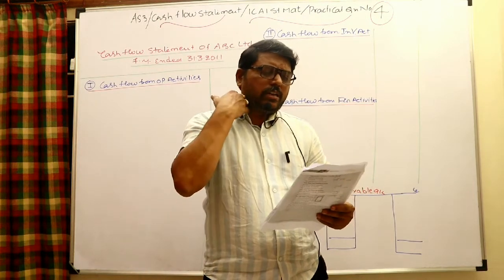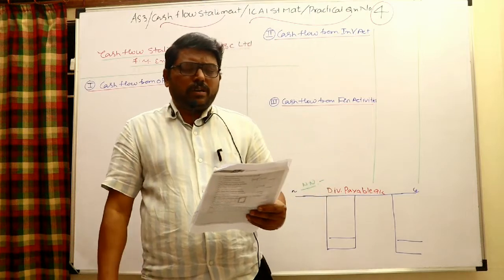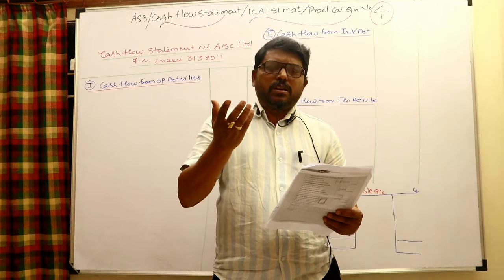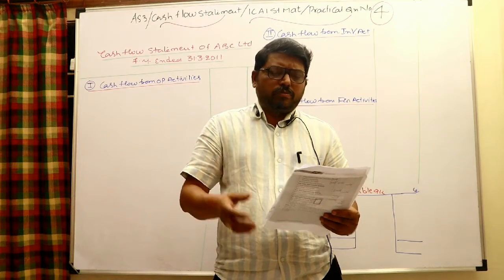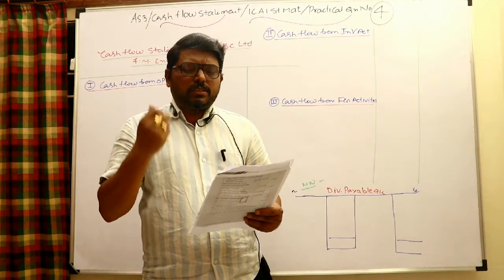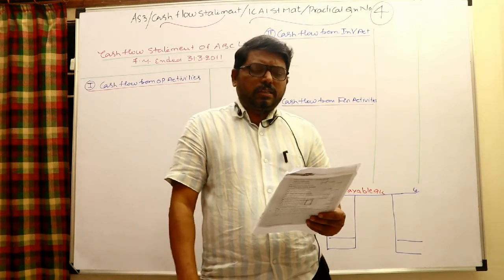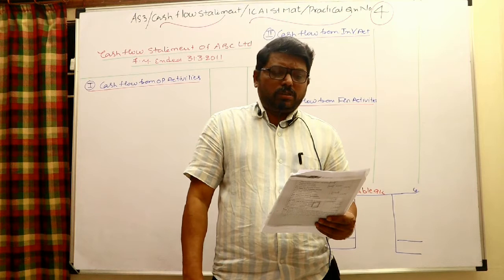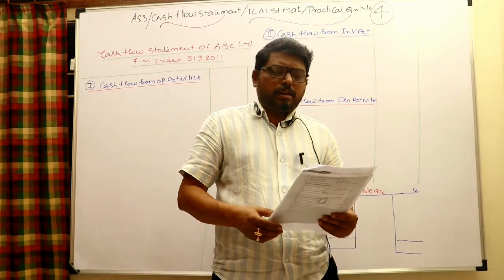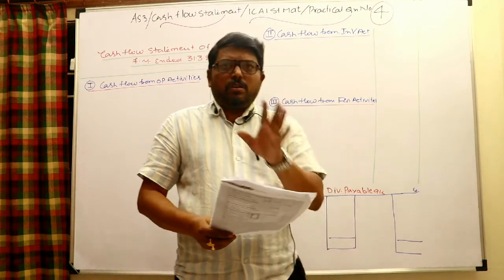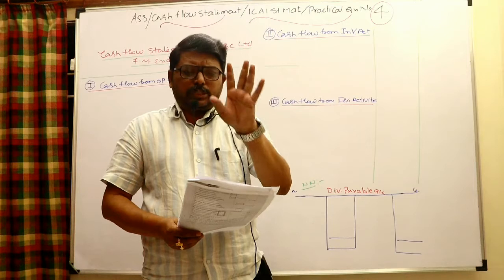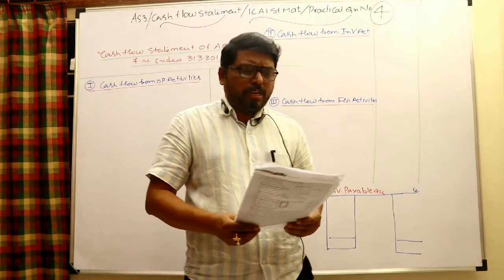Come back to the inventory. Inventory, if you check it, opening and closing, there is a decrease in inventory. So increase in inventory is outflow, decrease in inventory is inflow. So there is a 90,000 inflow. Prepaid expenses changed from 90 to 1 lakh 20. Current asset increased by 30,000 prepaid expense, which is an outflow. That can be taken as a part of operating activity. Very clear, whatever the balance sheet items, and I have already completely explained how each and every item is to be taken.